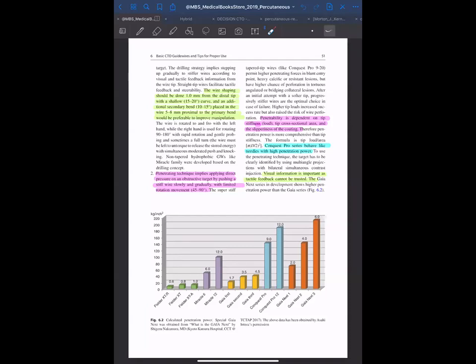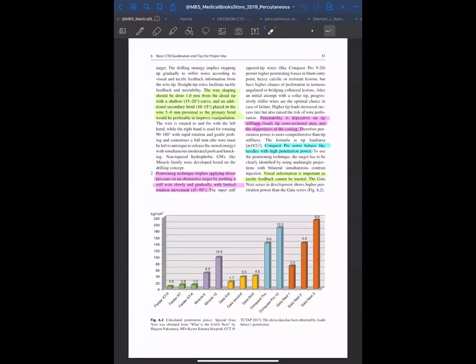See, basically this is the penetrable power. You can see this is varying tip load. The tip load can be 4.5 for this, but because Gaia Next is actually a tapering design, even with a tip load of 4, it has so much more penetration power. So tip load is not the same as penetrable power, but increasing tip load will increase penetrable power. Like Miracle 12 has a tip load of 12, but still Conquest Pro will have more penetrable power, and Gaia Next has. So the Gaia Next series is a tapered design. They have given Gaia 1, 2, 3 normal, and this is the tapering design with increased penetrable power.